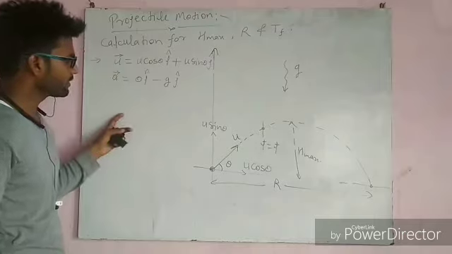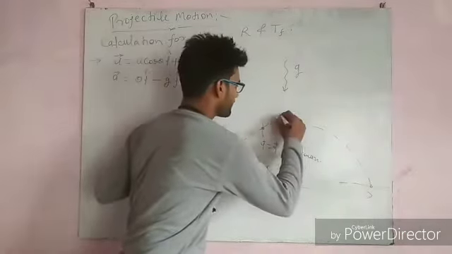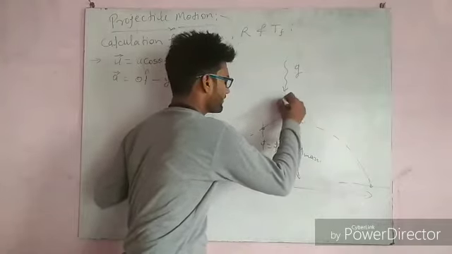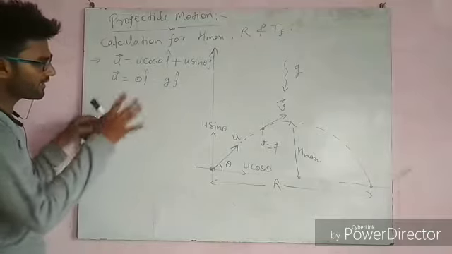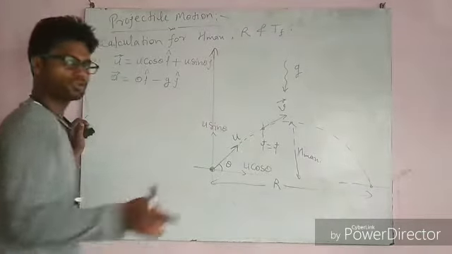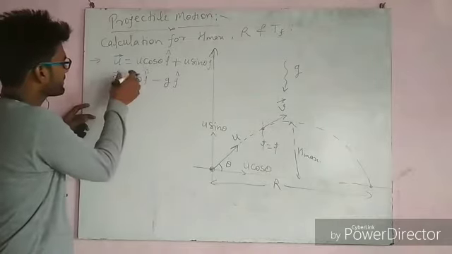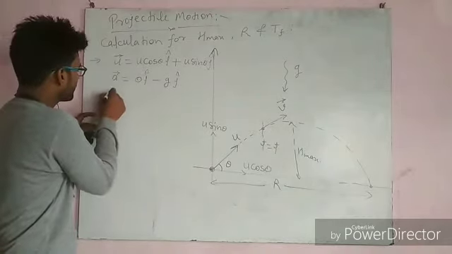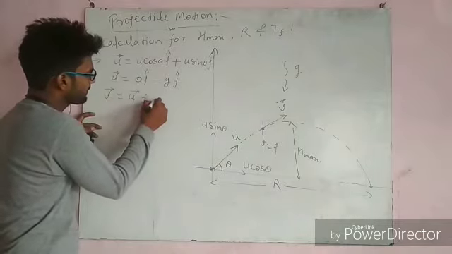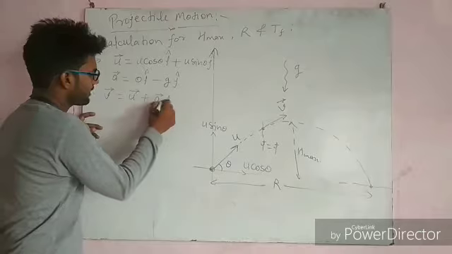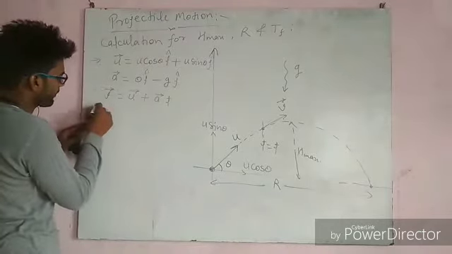So what we'll do, we'll use the equation of motion to calculate this velocity vector at any general time t. To calculate this value we will use the first equation of motion in vector form, which I have previously written here, that is vector v equal to vector u plus vector a into t, right? So we can write this velocity vector here